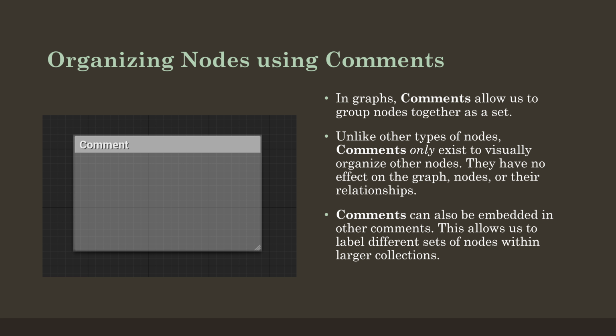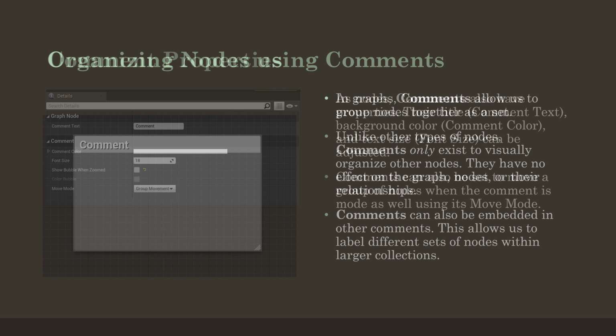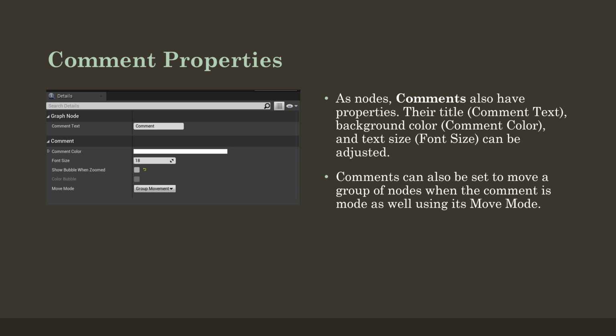So this allows us to label different sections of nodes within larger collections. As we'll see in more advanced projects in future videos, we might want to label a group of nodes that perform certain functionality together. Then within that, we might decide we want to label even more things, and we can use comments within comments within comments. Additionally here, because comments are a type of node, they have their own properties, which when you click